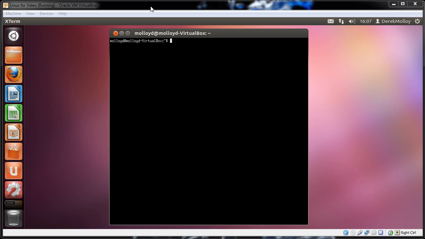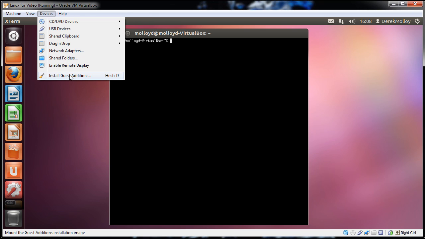One thing to be careful of when you're creating your Ubuntu installation from scratch is to remember to allocate plenty of disk space. The default values that VirtualBox chooses for memory and for disk space are very small, so make sure you're quite generous with those. You don't actually use up all that space until you need it within Linux, so it's better to over allocate. The other thing we need to do is to install the guest editions,